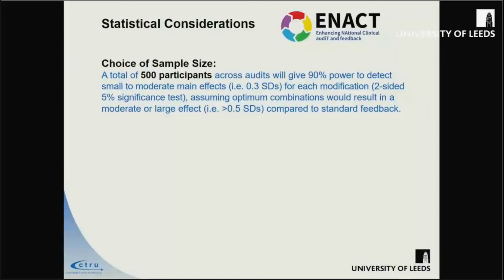It's not because of the possibility of finding an interaction, it's because you are looking for small effects, because they're interesting. And we decided at this stage that we were interested in main effects of about 0.3 standard deviations, and that allowed us to do everything within a sample size of 500. It would, by the way, have been 500 had I had 6 modifications or 60 modifications.